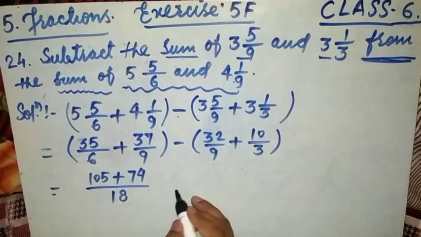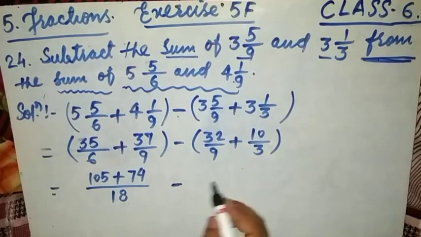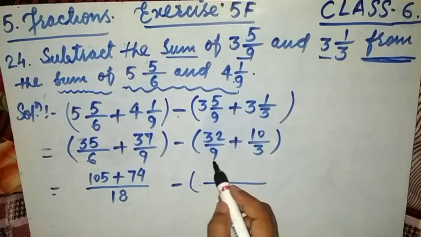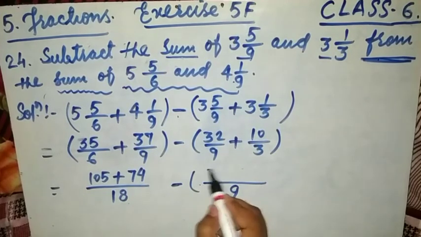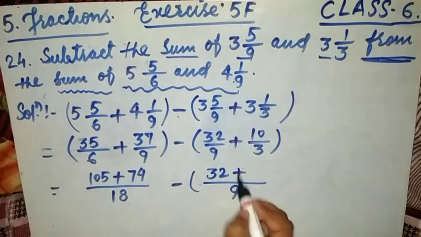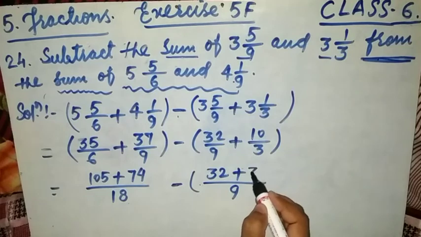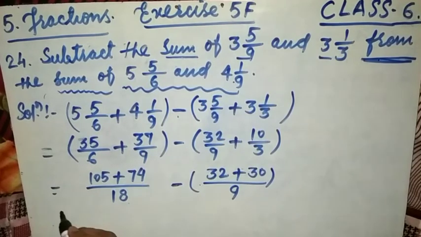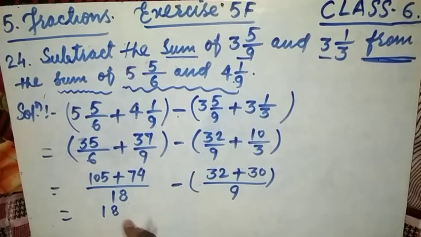Okay, now right here remove the bracket, there is no need for the bracket over here. Now here similarly, bracket, first take the LCM of 9 and 3, 9 is the LCM. Divide this 9 by this 1, 1 multiplied by 32 is 32, plus, then this 9 is divided by 3, 3 multiplied by 10 is 30. Okay, now close the bracket, this is add, this is 179.